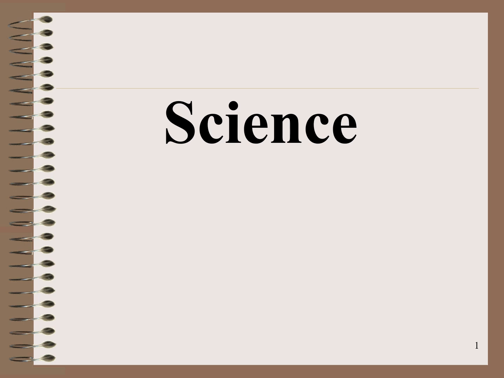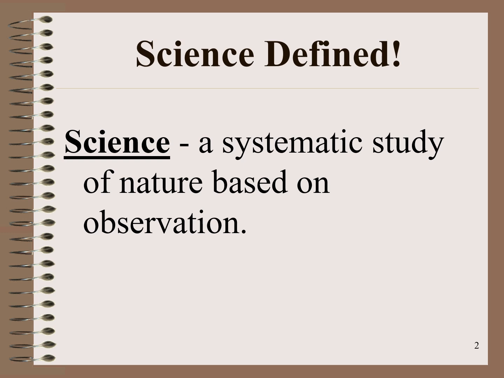Science is a systematic study of nature. It is a process of learning about the natural world through observations and experimentation. It involves understanding how things work and using evidence to support explanations about the world around us. Science aims to describe and explain patterns in nature, helping you to explore and learn about various scientific concepts and methods.